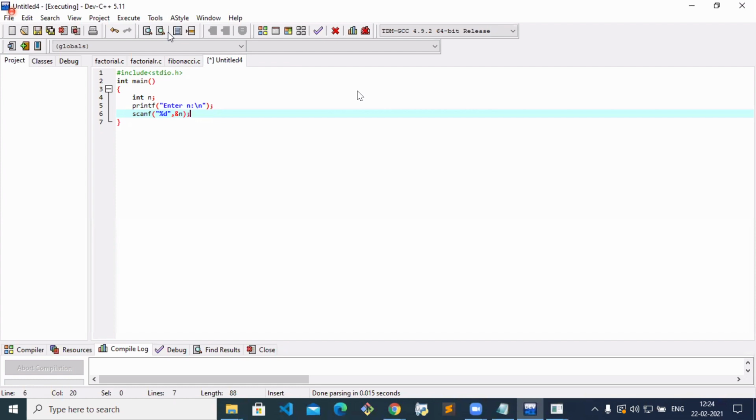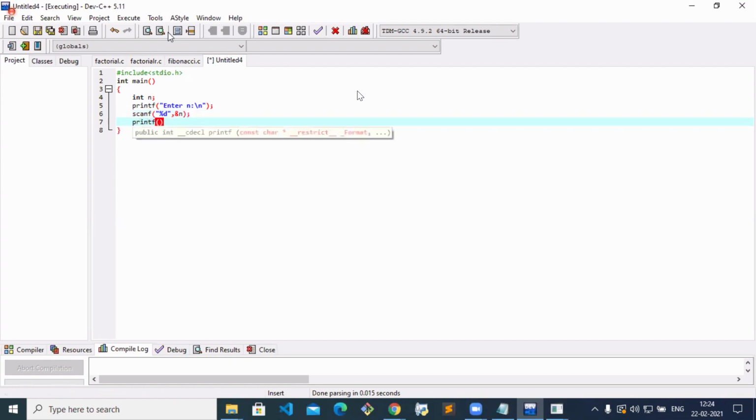Next, before the printf, after reading the number of disks, we'll call the Towers of Hanoi function. So TOH of n, where n is the number of disks, comma A, B, C, which are the towers.